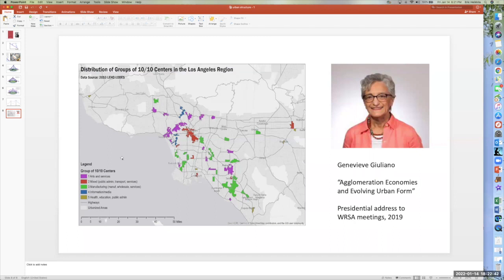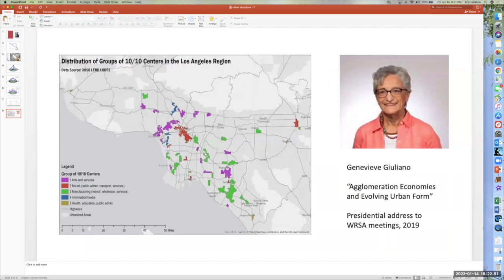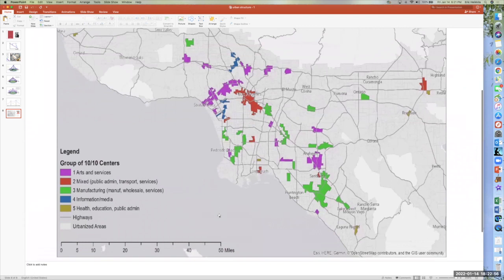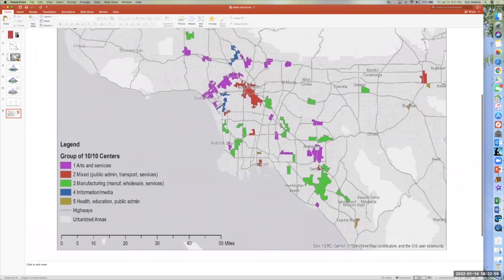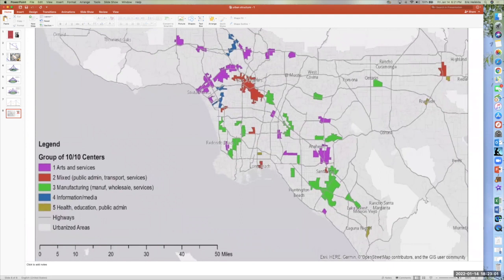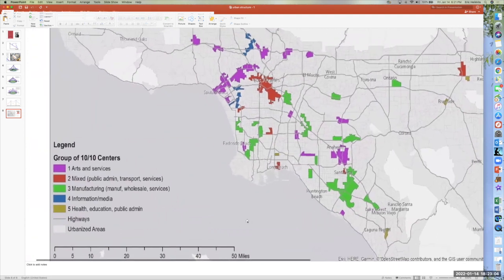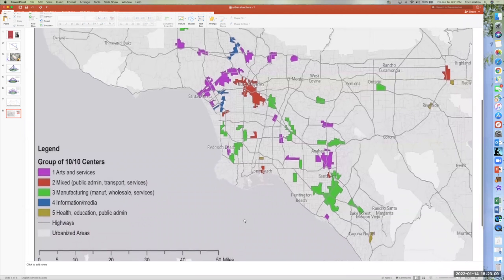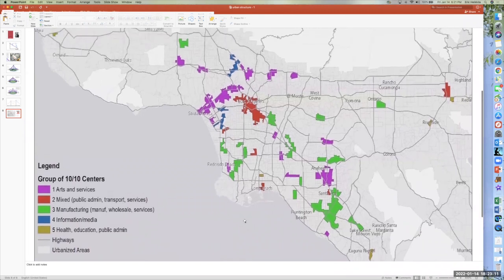A number of my colleagues and myself have done work in this area, including Professor Jen Giuliano, whose work I'm drawing on for this representation, which is based on some of the research she and her colleagues have done, looking at the different centers that emerge in the Los Angeles metropolitan area, and showing that these centers themselves are associated with